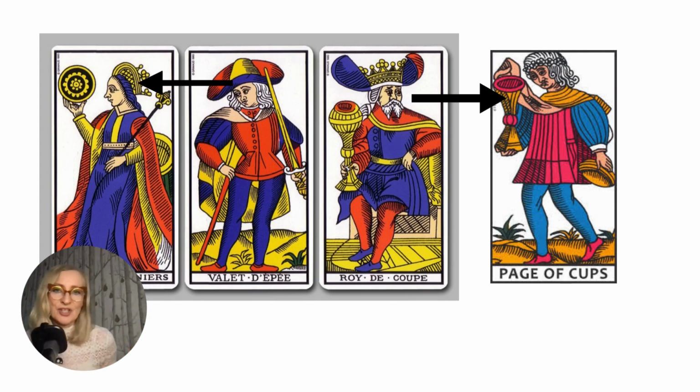Or you're in the position of the Page of Swords and you're really interested in something, but the person that you want to notice you doesn't see you. These are all different kinds of interpretations that could come out of that. So that's another way of looking at the cards that I just wanted to bring up. But again, that could be a subject for a whole video. So I'm going to move on now to the pages in particular.